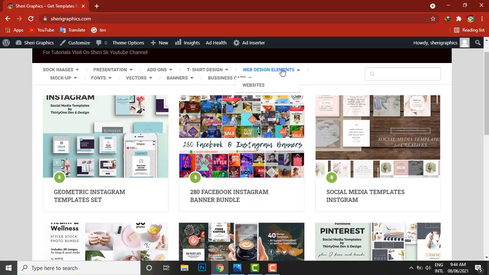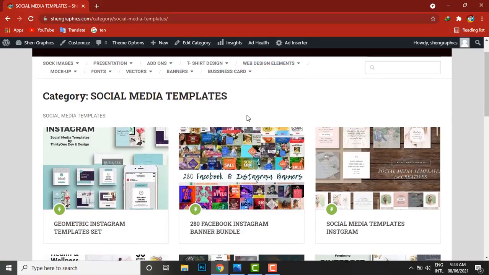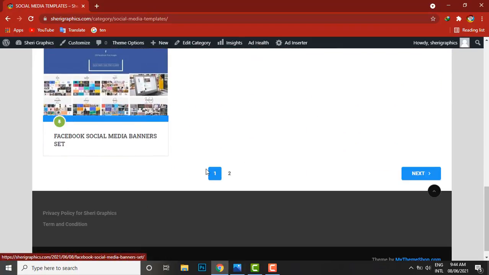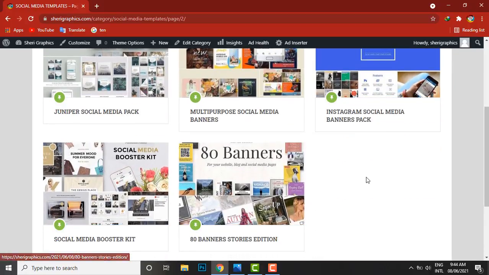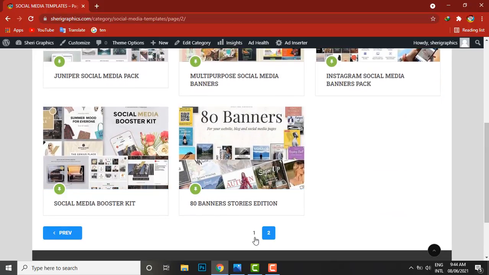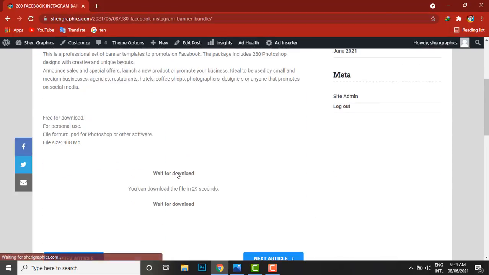So we go to web design and element, see here website, and today I have social media templates. Click on social media templates, and here are 15 total templates. Okay, for example I click on this and you see here